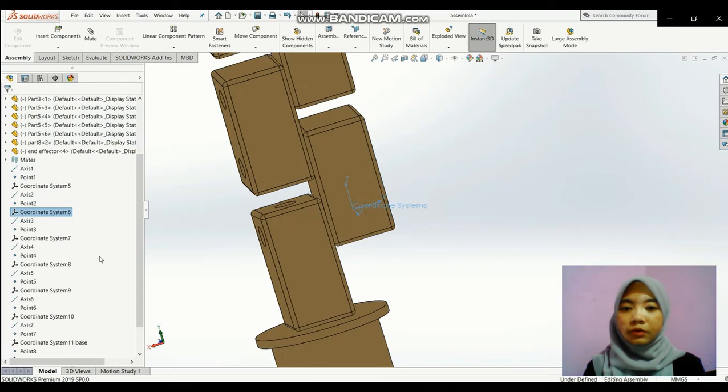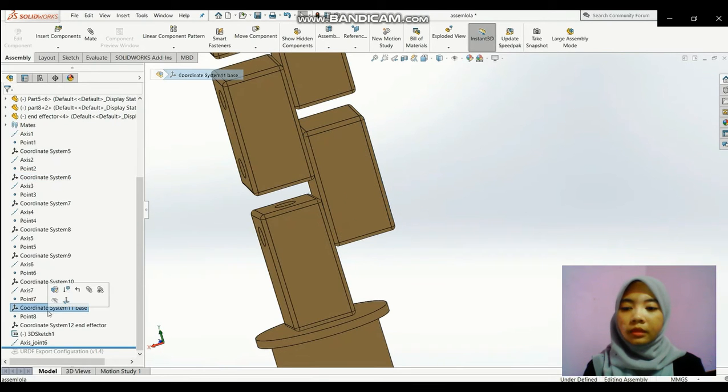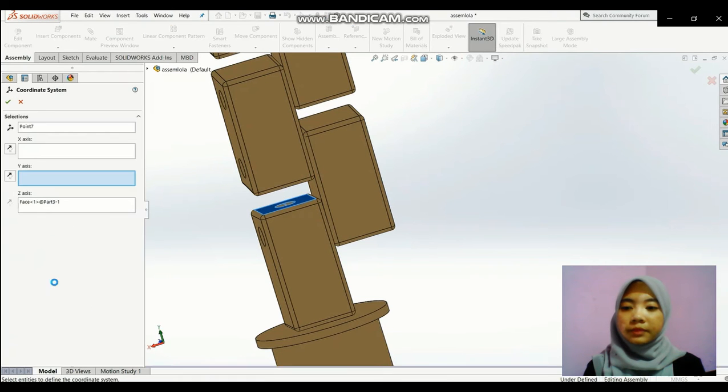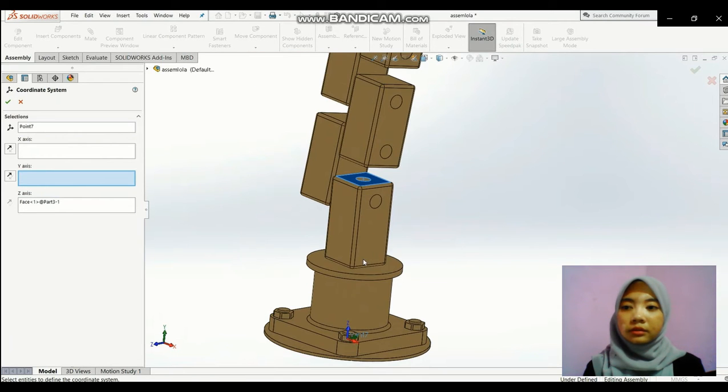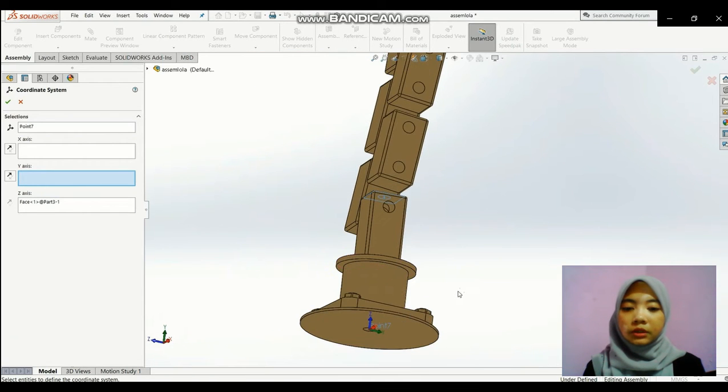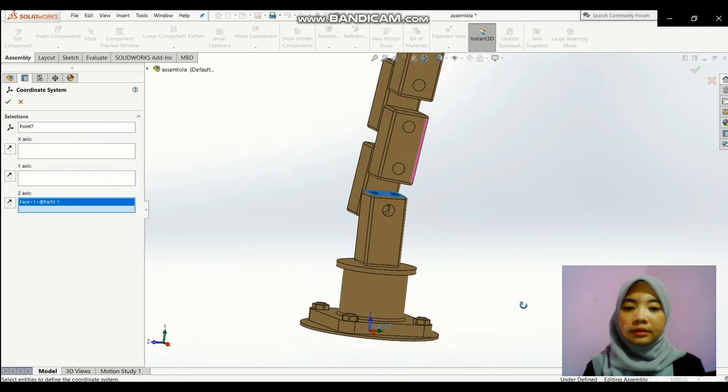Then click OK. And for the coordinate system level base, edit the features, and then at the bottom, at the point 7, you can see for z-axis,